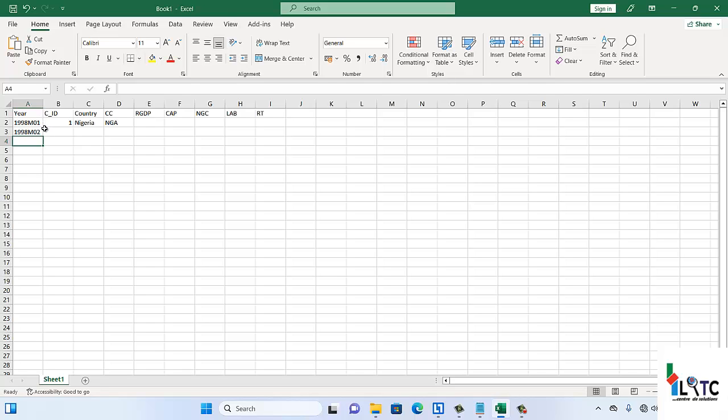Also, if it is quarterly data, this one will now change to what? Q1. This one will change to Q2, Q3, Q4. Then you move to 1999 Q1, 1999 Q2, 1999 Q3, 1999 Q4. Next 2000, you do the same for other years. But here we are using annual data, so there's no need to repeat the year. This will be